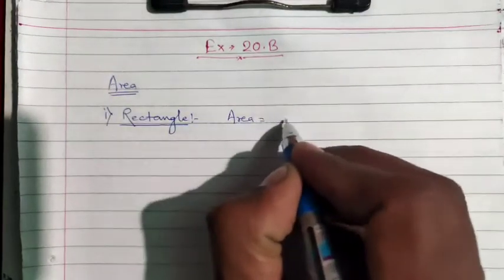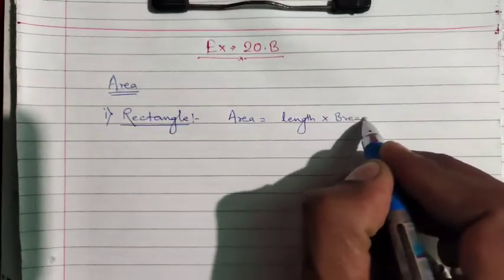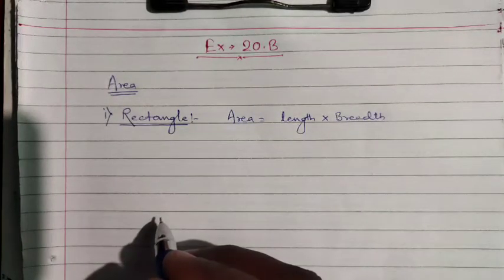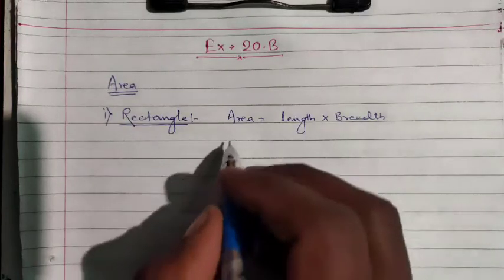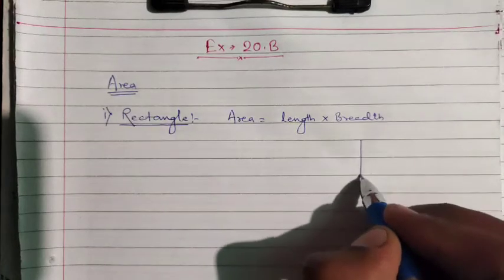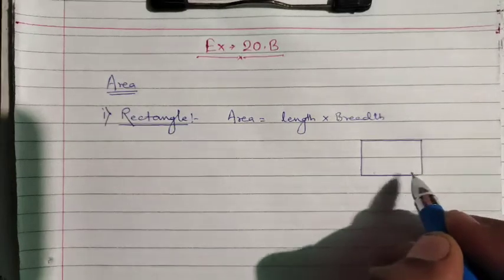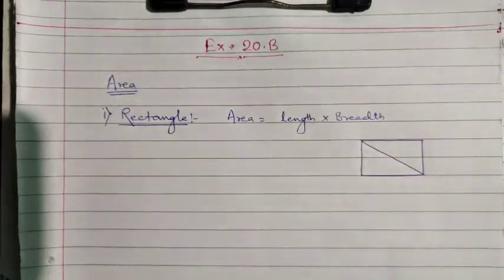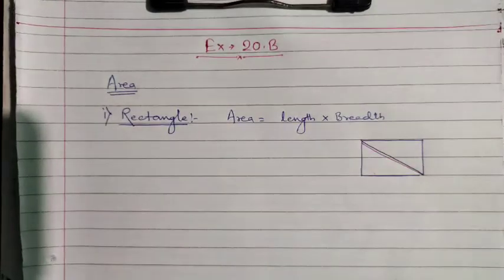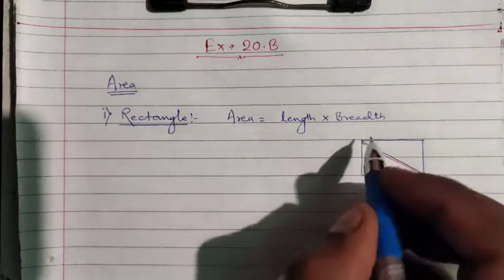Area of rectangle is length multiplied by breadth. This is the formula to calculate the area of rectangle. Now there is one more formula given in your book for finding diagonal. As I have taught you earlier also, diagonal is the line segment which joins two opposite vertex. This is the diagonal, and the length of this diagonal, suppose